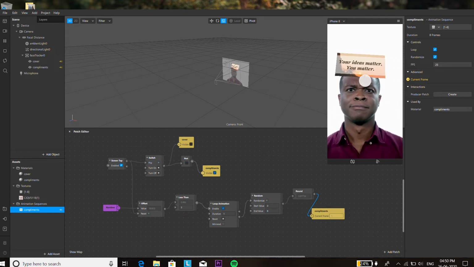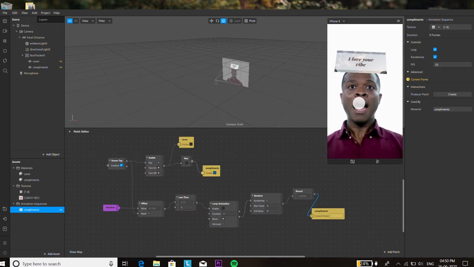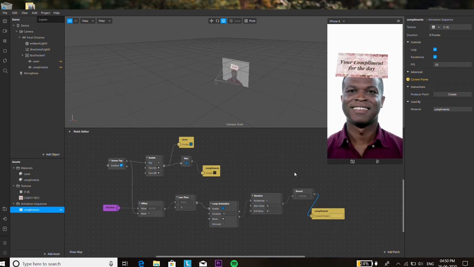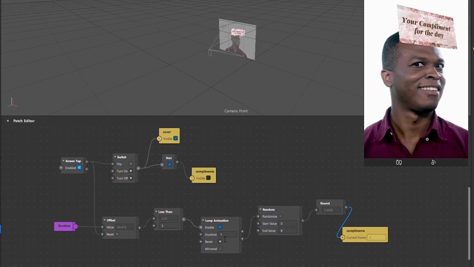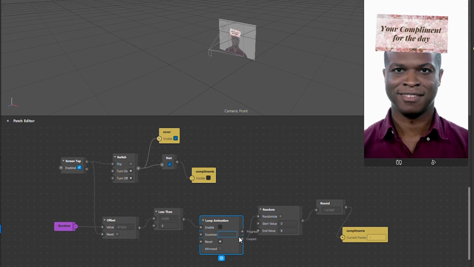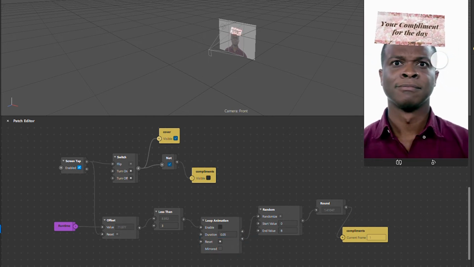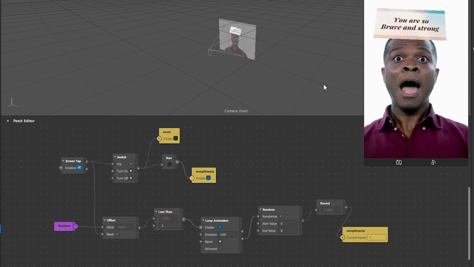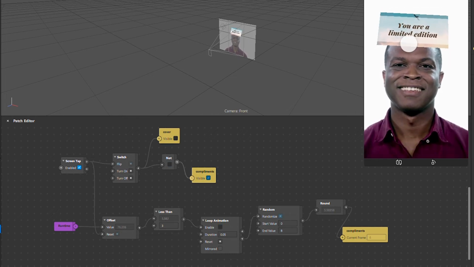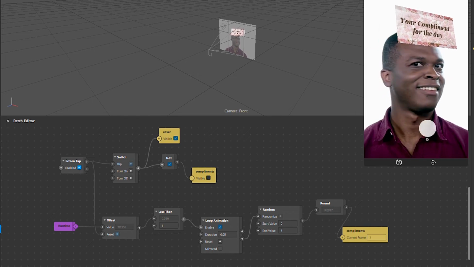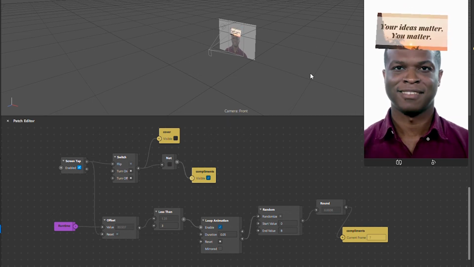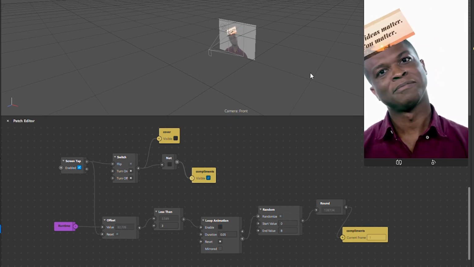So it's a little bit slow, and that's because in our loop animation, the count is 1. Let's make it 0.05 seconds so that it's a little bit faster and a little bit more fun. Whoa, that's it. We have our filter. Yeah. So there is one more way to do it, where your filter only starts when you start video recording.